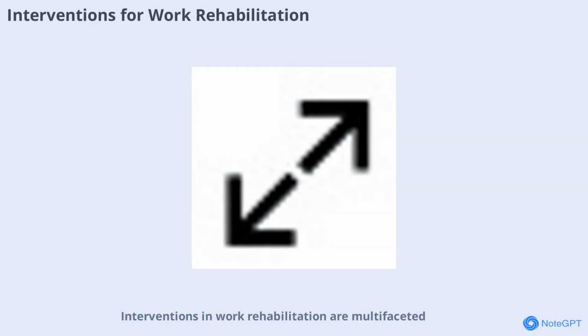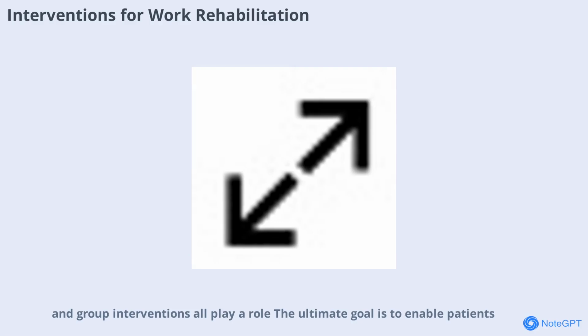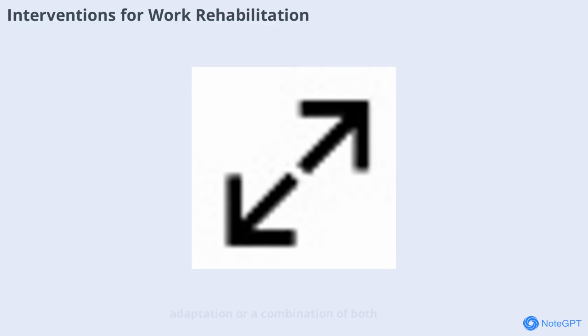Interventions in work rehabilitation are multifaceted. Therapists may use restorative approaches to rebuild lost skills, compensatory strategies to adapt tasks or environments, and preventive measures to reduce future injury risk. Interventions are tailored to each patient's needs, job demands, and available resources. Education, training, advocacy, and group interventions all play a role. The ultimate goal is to enable patients to safely and confidently return to meaningful work, whether through restoration, adaptation, or